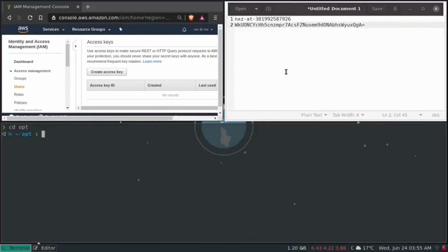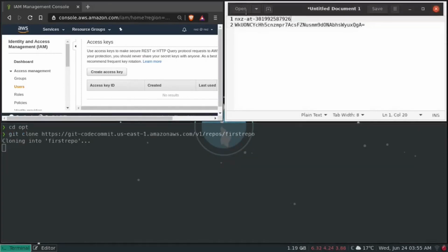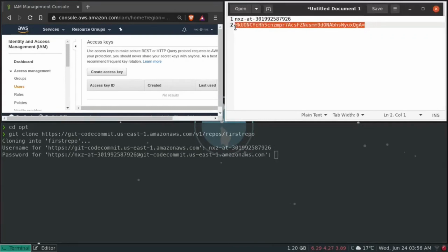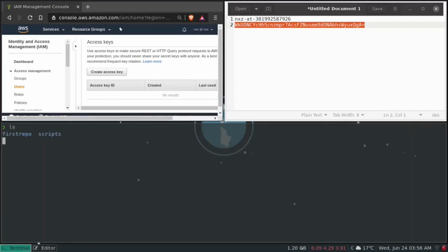So let's clone the repository. So git clone this repository. The username is this and the password is this. Paste, enter. Okay, so that's done. So if I go to first repo now, ls, there you go, the repository is cloned, and now I can use any git command here. So git status